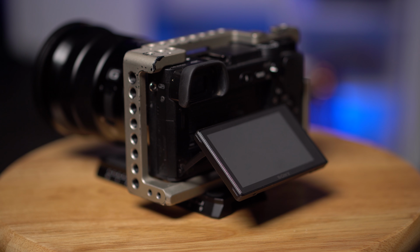Not a major problem, but it can be a little annoying sometimes. If you get the a6300, then you don't have in-body image stabilization or touchscreen, but if you have the a6500, you have both of those things. You don't have a flip out screen, which I know a lot of people would like to have, including myself,